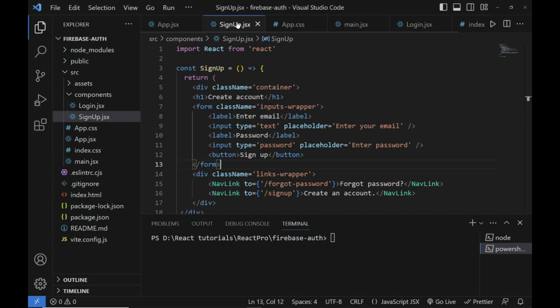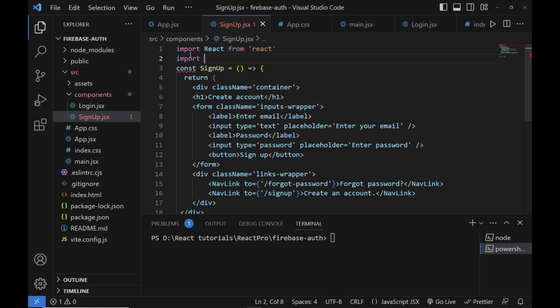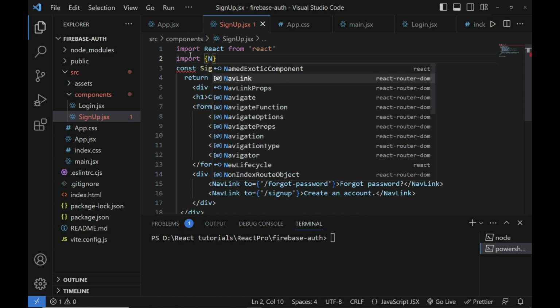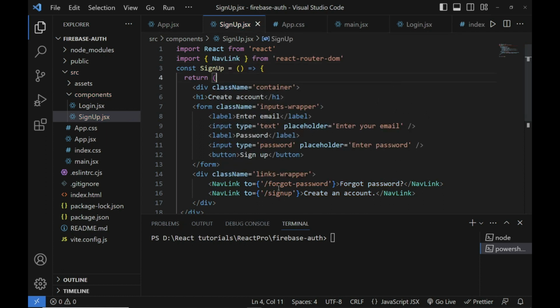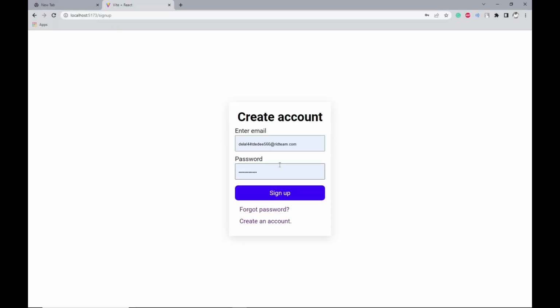Okay, I think it's because we need to import the nav link. So you need to be very careful. Okay, import nav link from React router DOM like so. Okay, and you can see now it's available there. So here you can add, we are going to change this one to